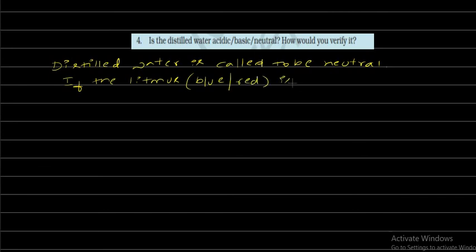Distilled water is called neutral. I'm saying this is a neutral solution. Why? Because if we add the red or blue litmus paper, it doesn't change the color of the litmus paper. Okay, if the litmus, in brackets you can write blue or red, is added to distilled water,